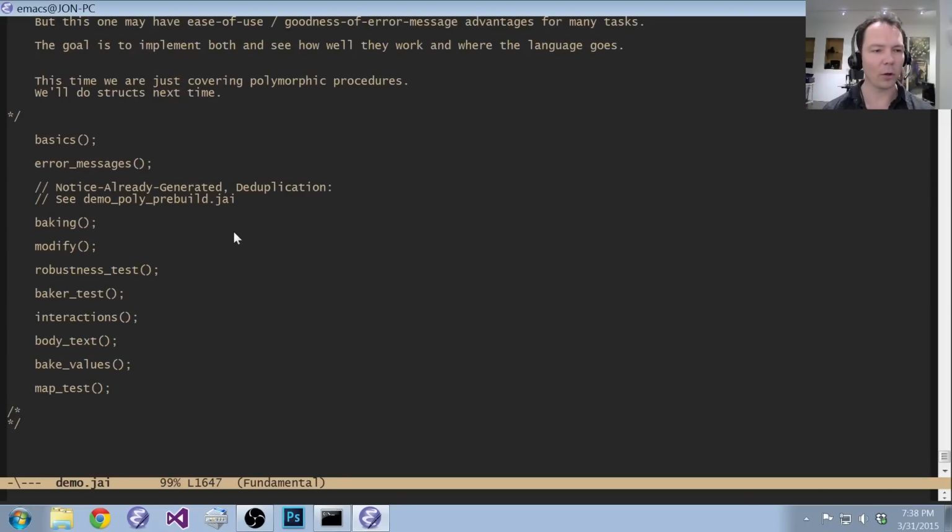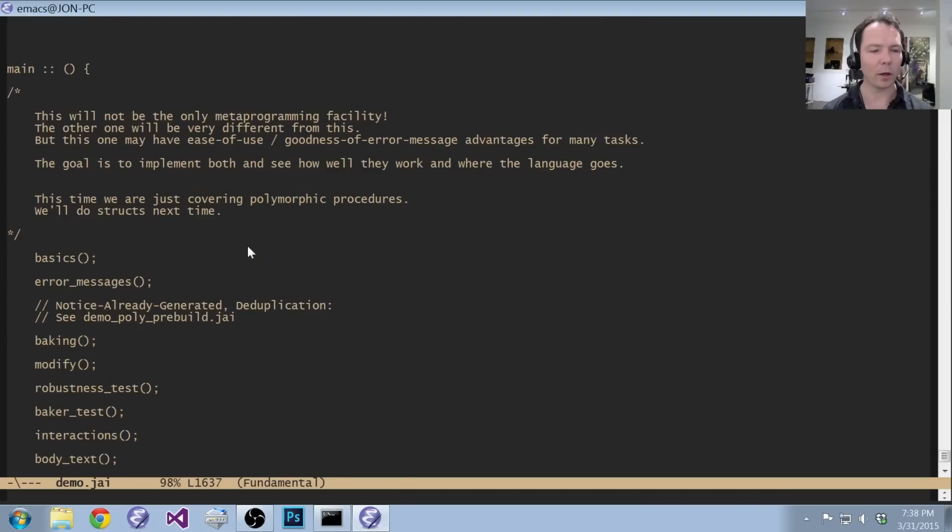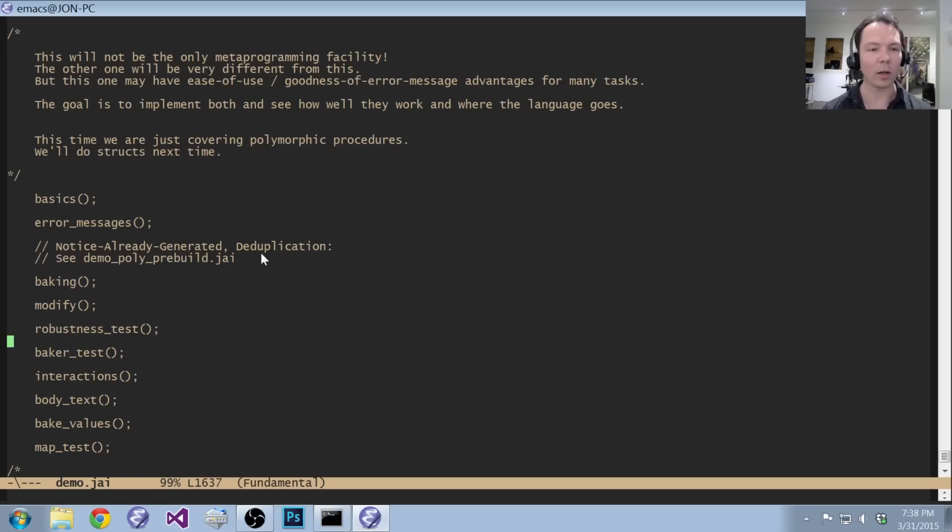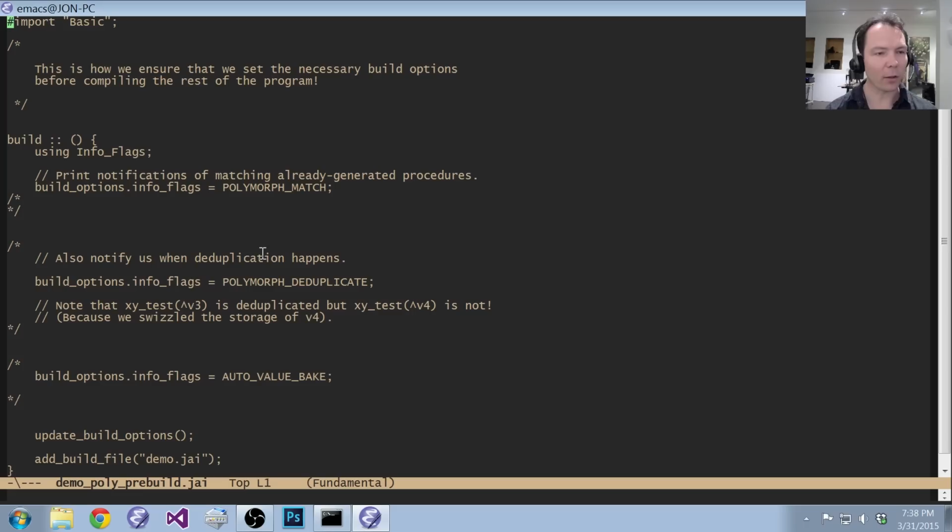And we're going to go now to another file that is going to be a little bit of a meta file and load this program in a way that gives us diagnostics over which polymorphic procedures are generating new code and which ones aren't, right? So I've got this file here called demo Polyprebuild, and this is just a build function